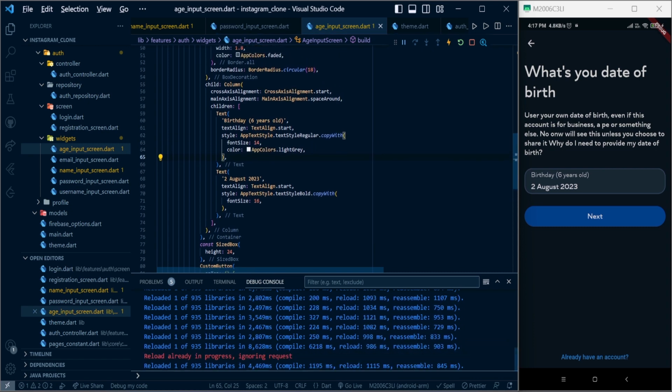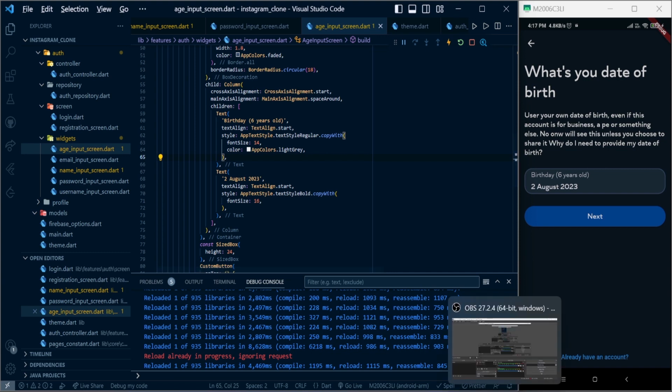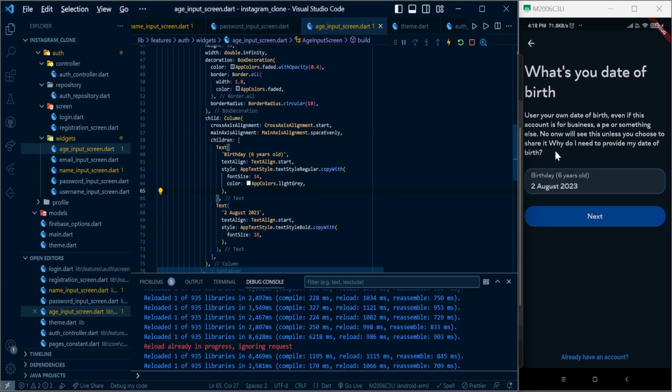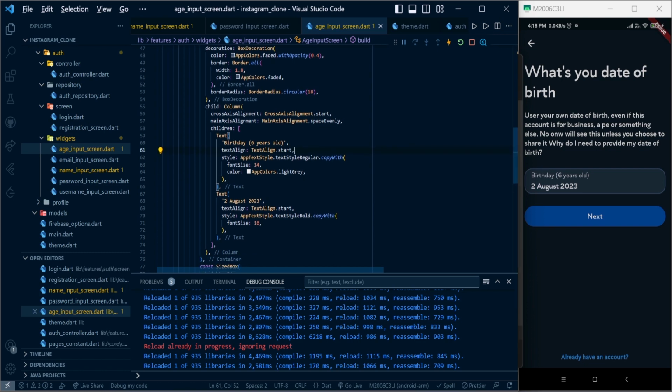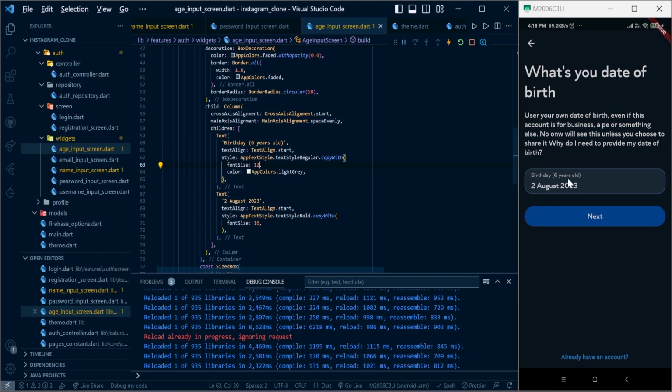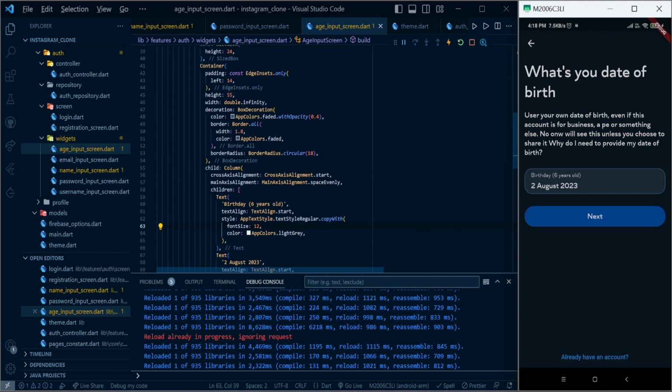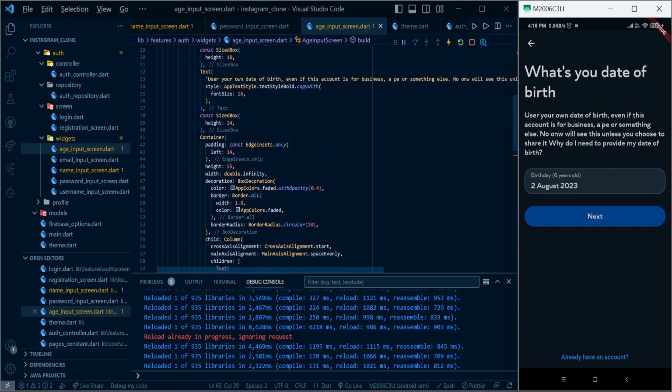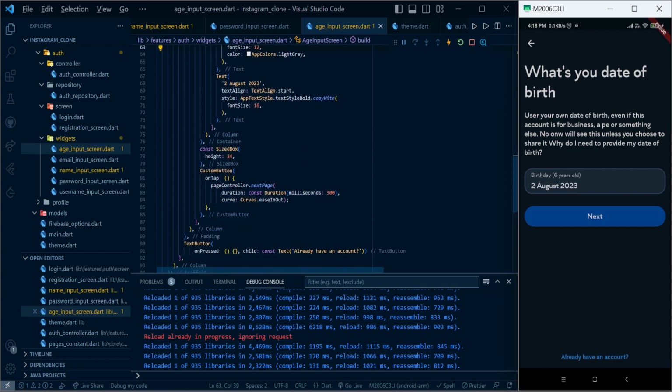This is looking good. Yeah, this is good. We can go with this, and I think we need to decrease the font size a little bit. This one is good. And now what we need is, when we click on this, we need to show the date picker, right? So for that we can